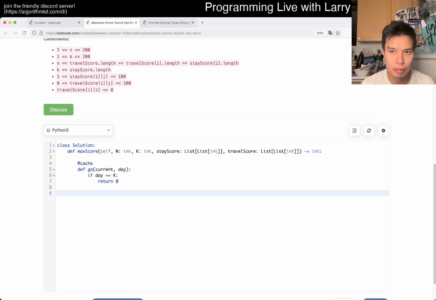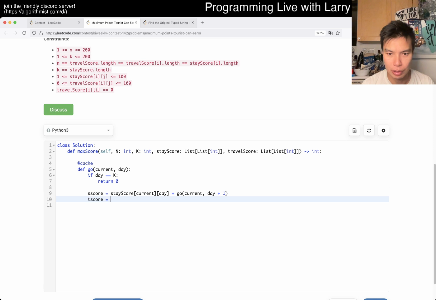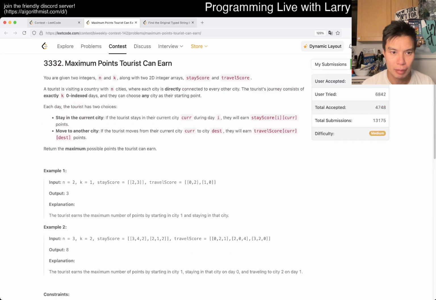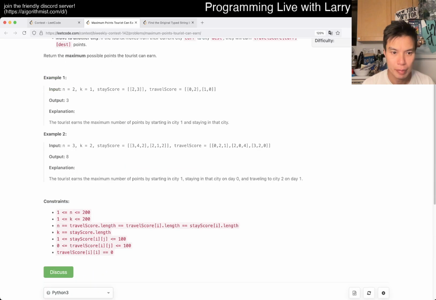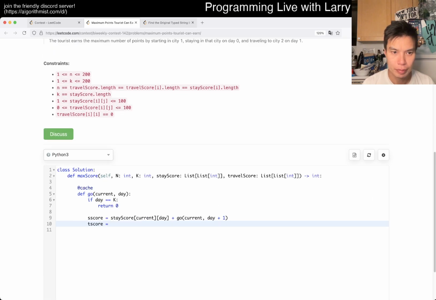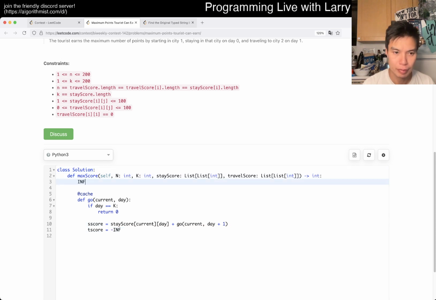Yeah, so then score is equal to stay score of current plus go current, day plus 1. Yeah, okay, fine. S score, and then travel score is equal to maximize. Okay. Negative infinity, say. And then now we want to just travel for every one, right?